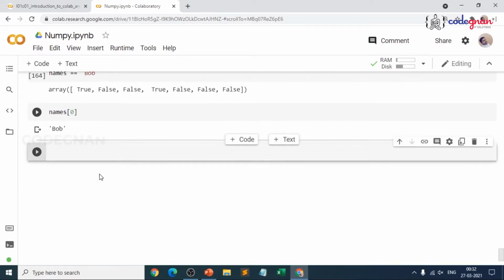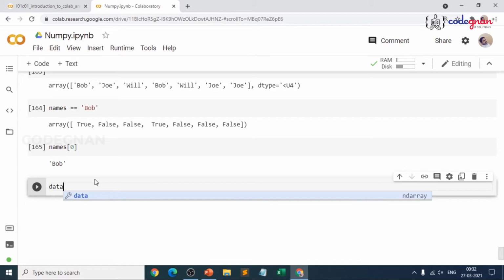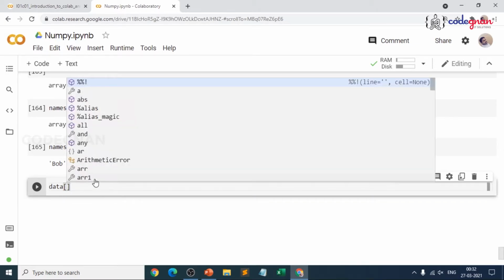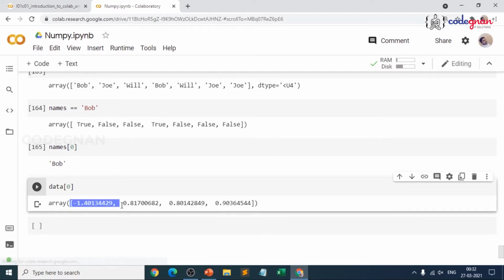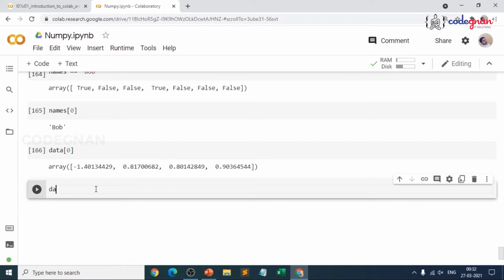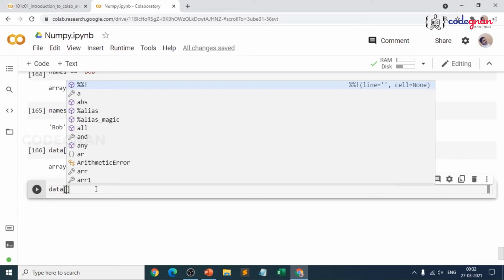Now I'll try to align this thing like this. So data of 0, you could get the first row values. I'm not doing this, but what I'll try to do is refer to data of names equal to Bob.